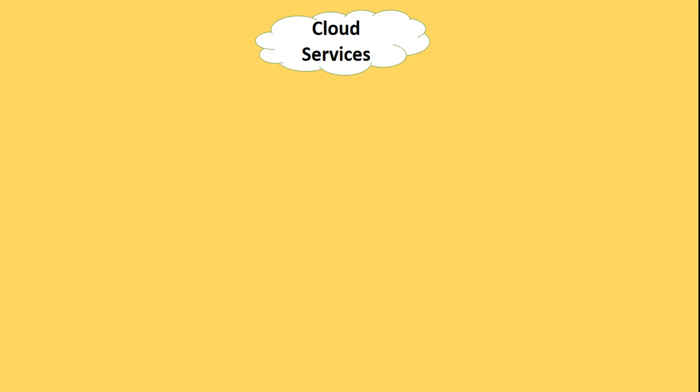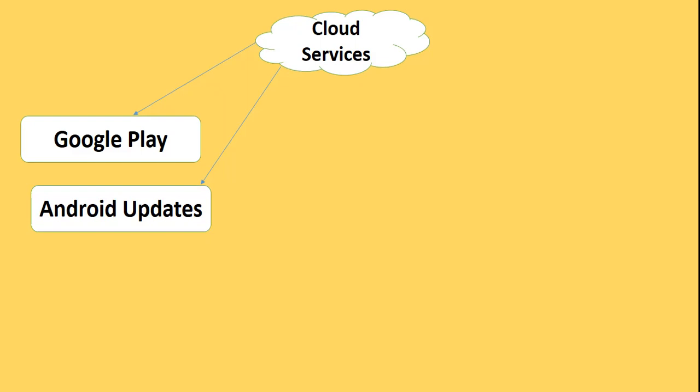As you know, Google provides a set of cloud-based services that are available to different compatible Android devices. These services are not part of the Android open source project itself, but they are included in too many different Android devices, right? So we have the primary service for installing applications from the actual store, which is Google Play. And you also have the services to push updates, which is called Android Updates. Android Updates is an update service that provides new features and security updates through either the web or over the air.